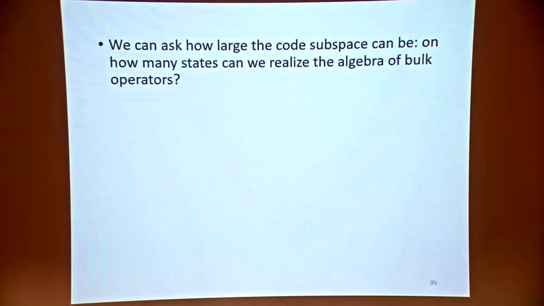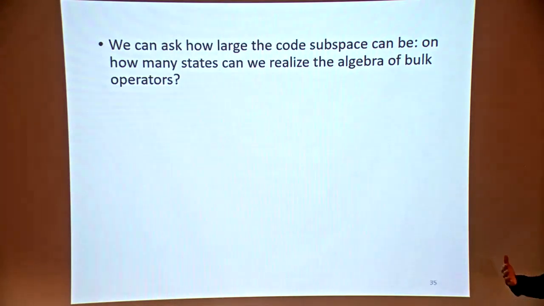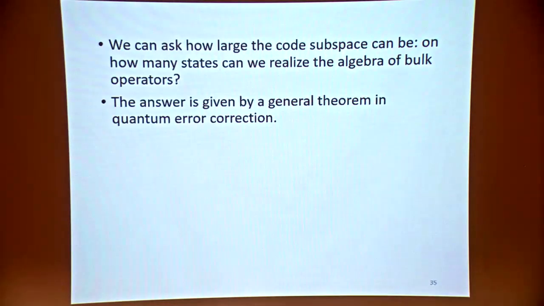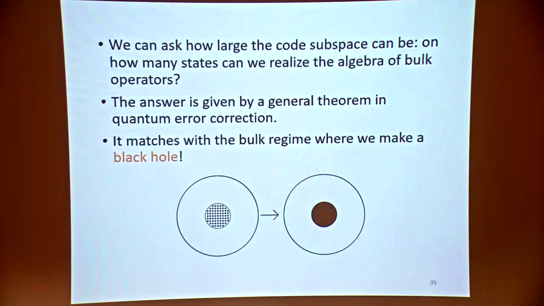We can also ask how large the code subspace can be. In particular, how many states can we realize the algebra of the bulk operators on? It cannot be the entire Hilbert space, because that would involve states that have black holes, for which the bulk operator does not make sense. It turns out this question is answered by a general theorem in quantum error correction. I won't bore you with all the details, but the answer actually matches with the bulk regime where we make a black hole. So it's precisely